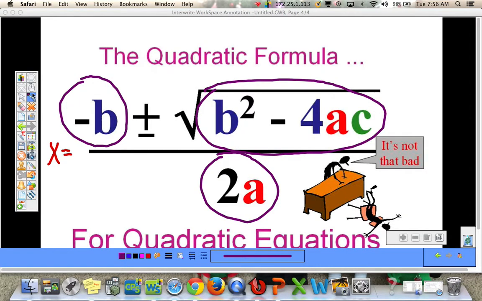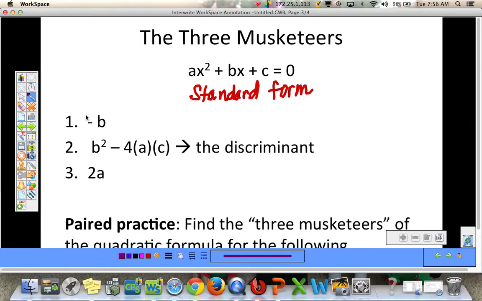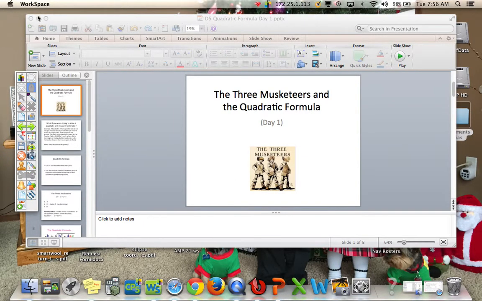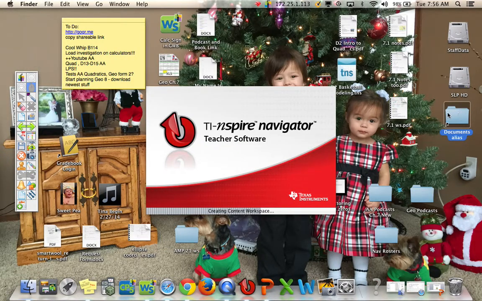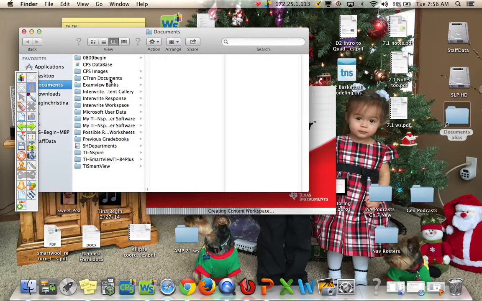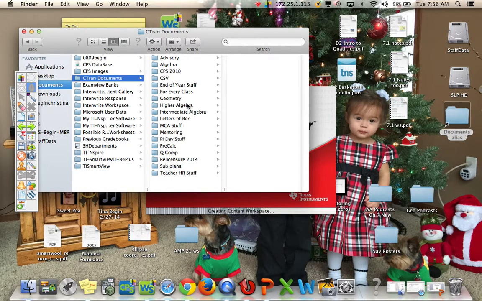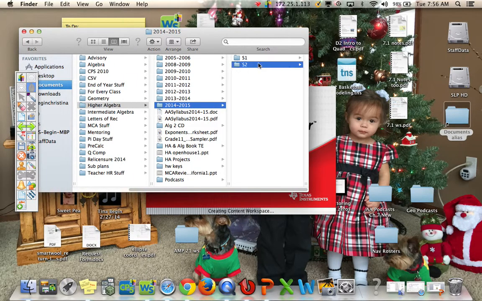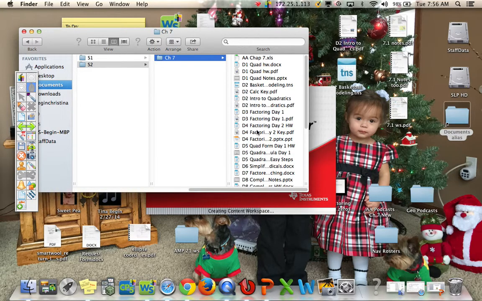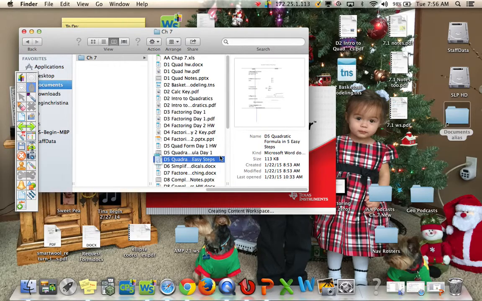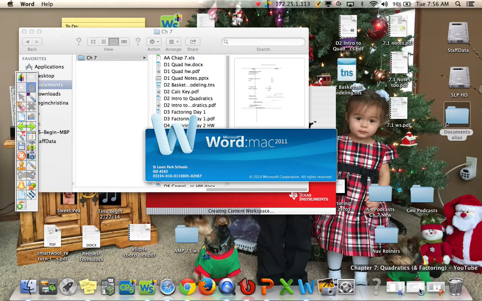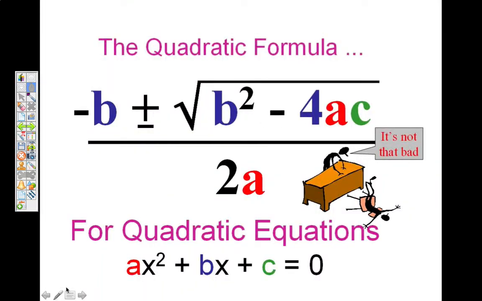All right, so we're going to practice using this. And again, we'll practice chunking with the three musketeers, we'll call them. I have a sheet in your note packet. Let's see if I can find it here too, that we'll use to solve. And it makes it easier to kind of show your work. Let's find it. So we'll open this. It might take a second. And we'll use it to factor